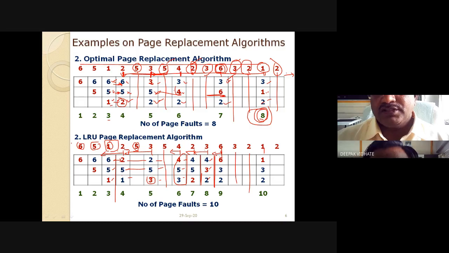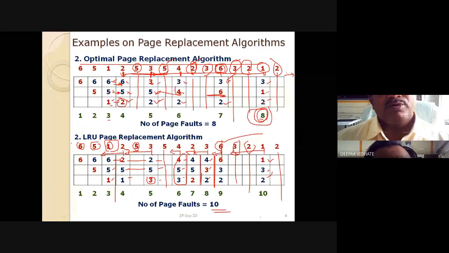For 1, yes, definitely you have to compare the 2, yes, 3 and 6. So 6 is at large, so definitely 6 is replaced. Then 1, 3 and 2. For 2, no question about the page fault in the system. So total number of page faults is equal to 10. So this is the way how to solve the problem with the help of this LRU page replacement strategy.